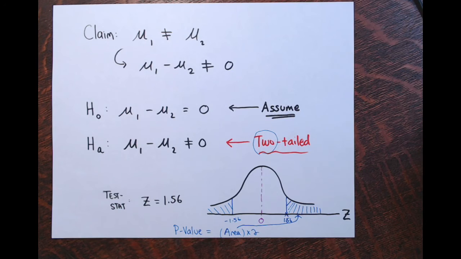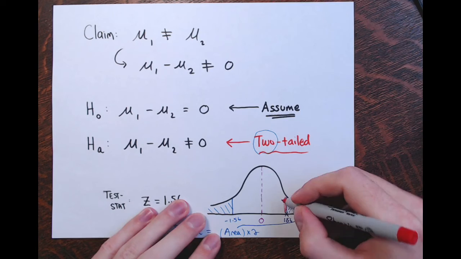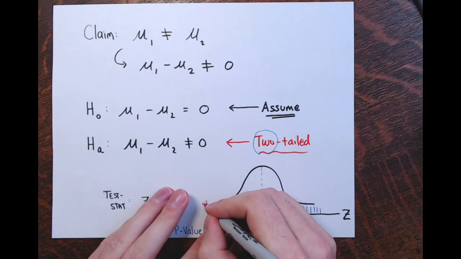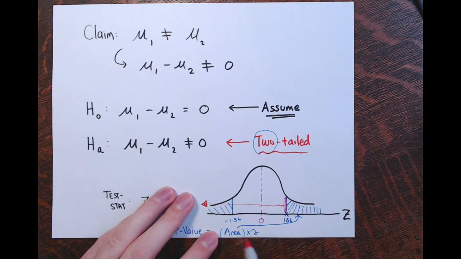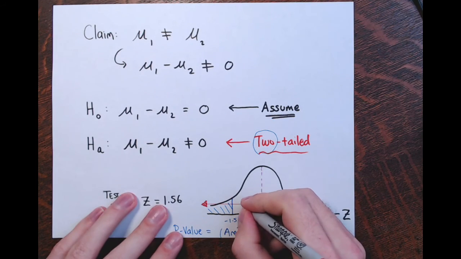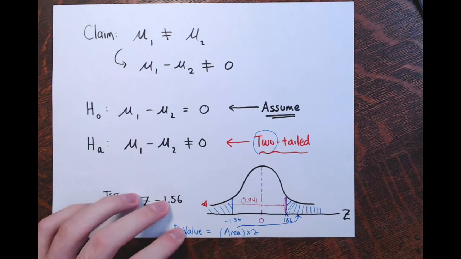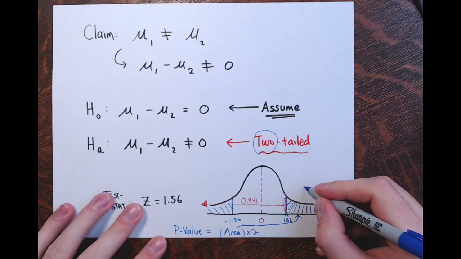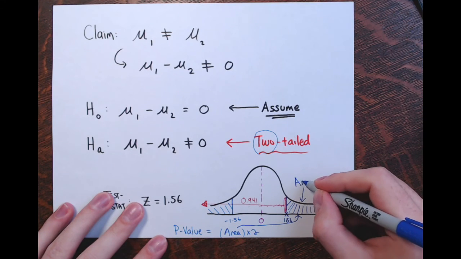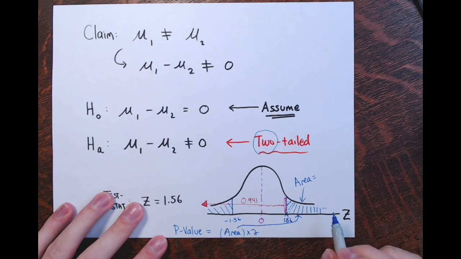94.1% of the area under the curve is to the left of my test statistic. So I'll write that out. This area here, from 1.56 all the way to the left forever, is 0.941, 94.1% of the total area under the curve, according to that table. So the area I want to find, this area to the right of my test statistic, is just 1 minus that. 1 minus 0.941 would be